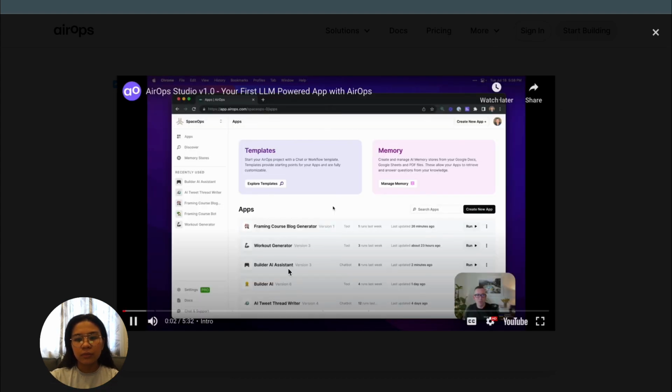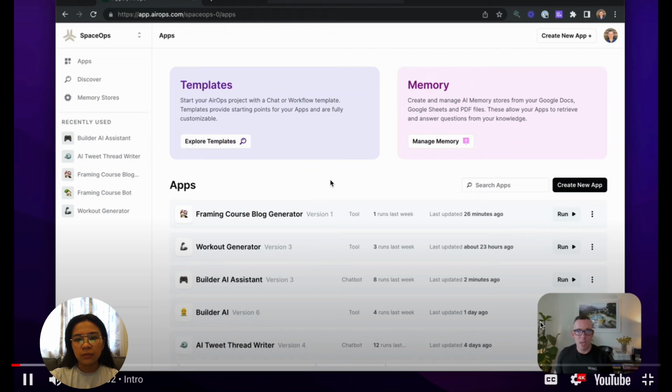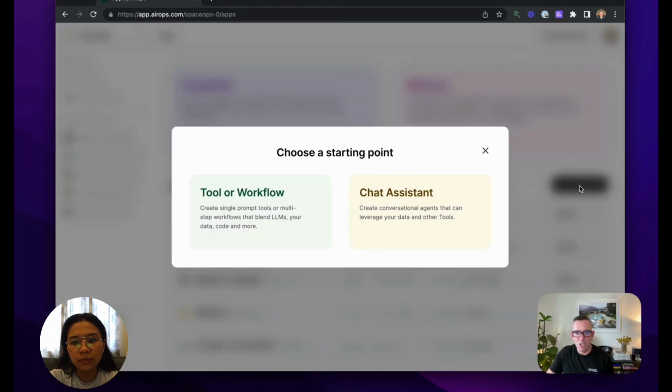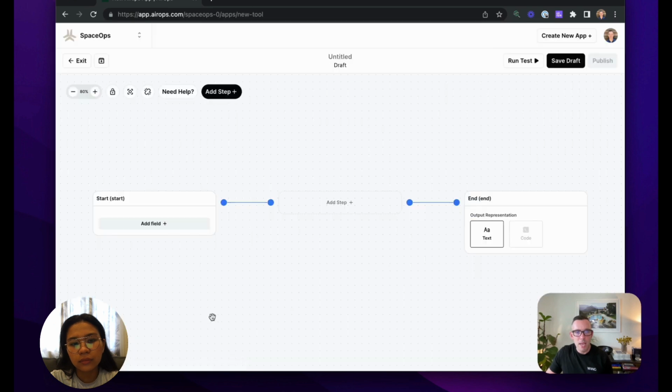I'm going to take you through creating the most basic AirOps app possible and give you a quick tour of an AirOps workspace. So I'm in SpaceOps here, my imaginary organization, and I'm going to head over to create a new app. And there's 2 types of application you can start with. Either a kind of tool or workflow, or a chat assistant, which is an agent with tools associated with it. So in this instance, I'm going to create a basic tool or workflow, and this is going to take me through to my AirOps Studio canvas, which allows me to construct the sequence of steps that I want to go